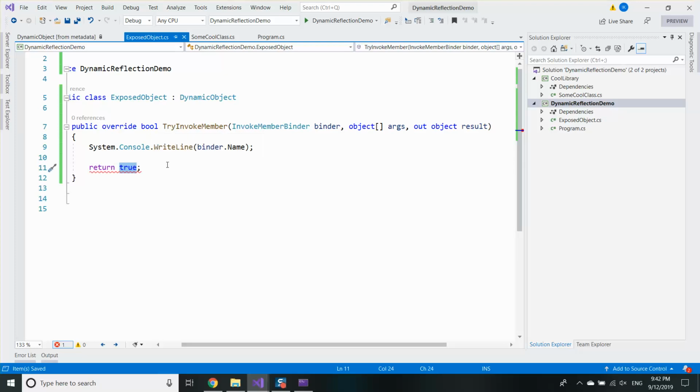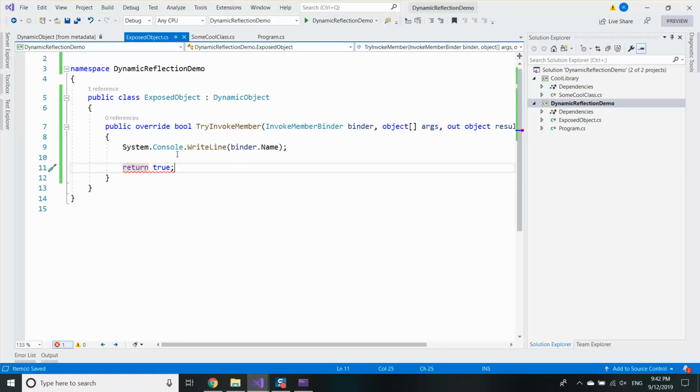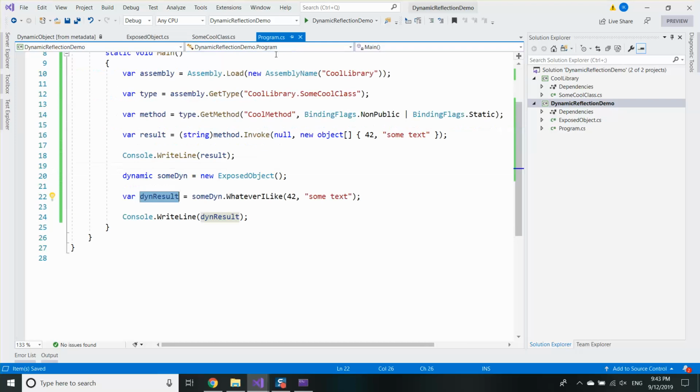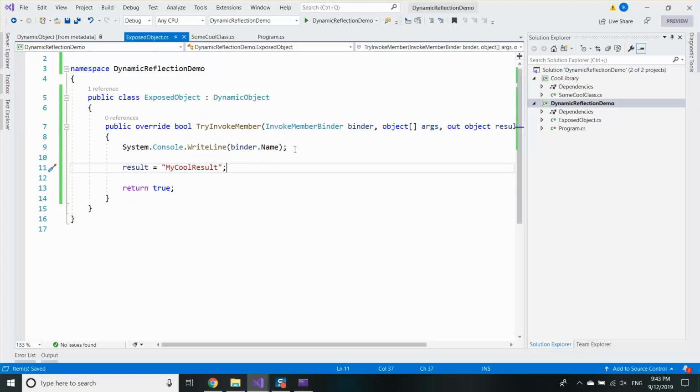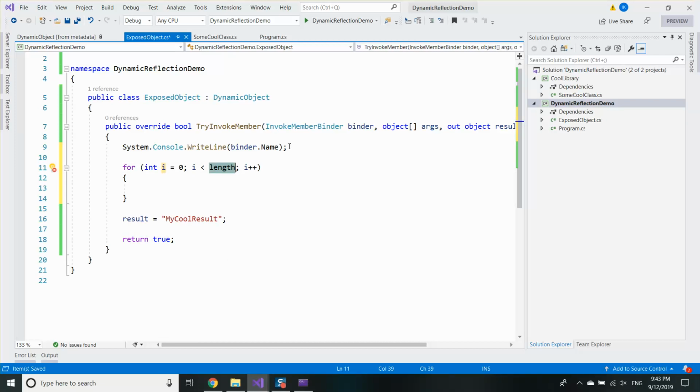Returning true or false gives the C# runtime knowledge whether the dynamic invocation was successful. And then if I say result equals my result, I can call that method. I can call whatever I like, actually. I can call my tested ASP.NET with something else, for example, true, and so on. And if I print all the arguments,